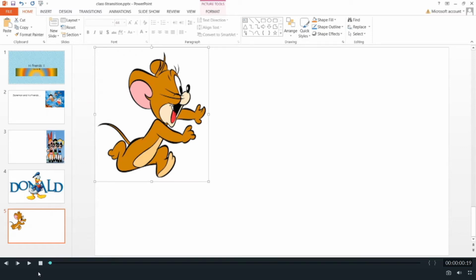In this video, you are going to learn about transitions and animation effects which you apply on your slide. What is the basic difference between transition and animation effect? When we talk about transition, it means when the slides come one after the other, the way they come and go. The effect you apply on these slides when they appear on the screen and when they vanish from the screen, that effect is called transition effects.